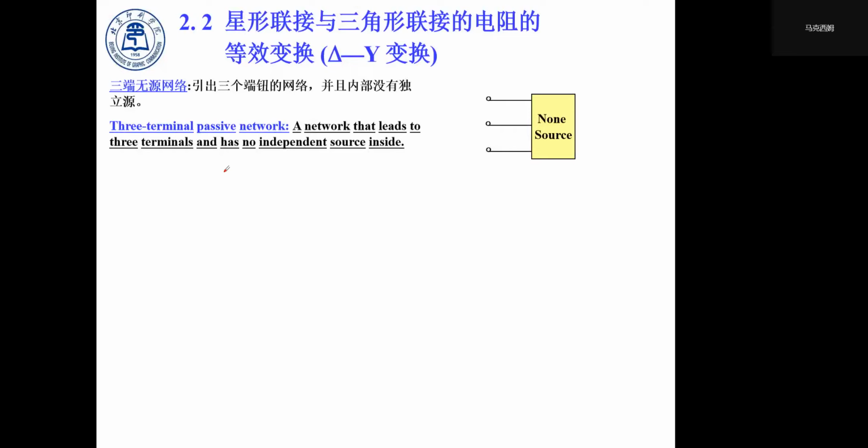You can imagine it like that, but it's not 100% identical. But it helps you to better understand it. So if you have a 3-terminal network without any independent source inside,